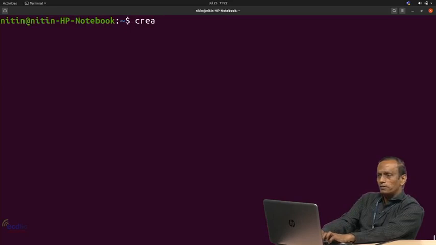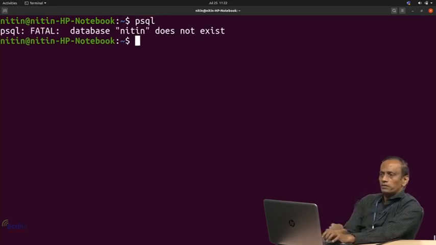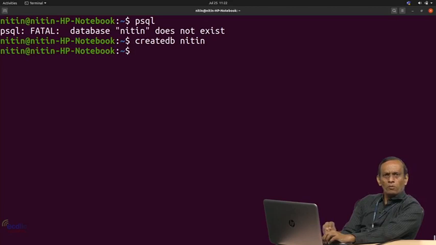Now if I write psql here, see the error. Earlier when we tried firing this psql command using this user, which was our regular Linux user, it was giving us role Nitin does not exist. Now the error is changed. Now it is saying database Nitin does not exist. If you recall, while we created the user Nitin, we permitted this user to create databases. So if I now fire the createdb Nitin command, through this script which is available, it will take some amount of time depending upon the configuration of your machine, like processor, RAM and storage. So it is created.